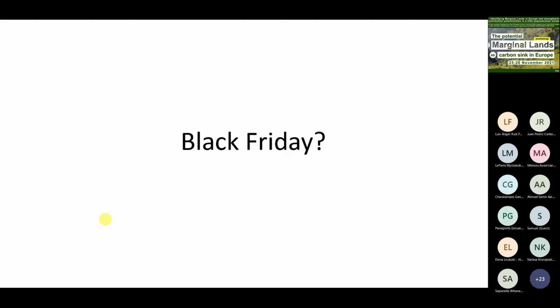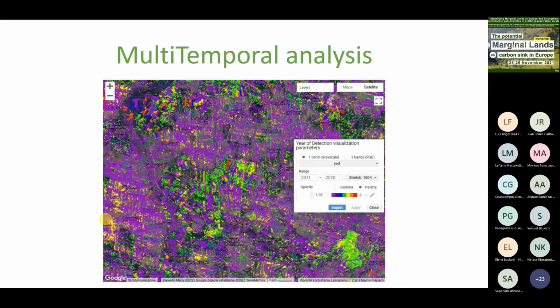And because we theoretically have Black Friday today, but let's make it Green Friday, I would like to show you something extra, which is a tool that is not implemented yet in our portal, but it will enable users to perform multi-temporal analysis on a specific area of interest. One of the interesting features will be related to the changes which may occur over time. The user will be able to choose the